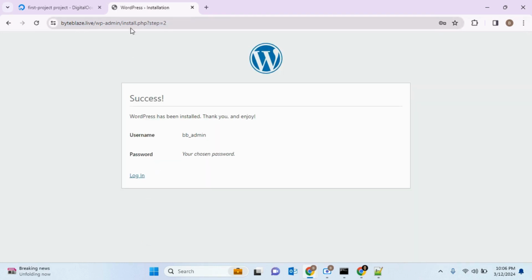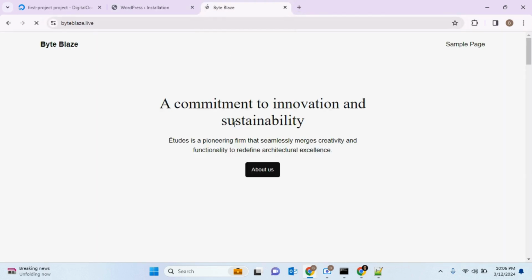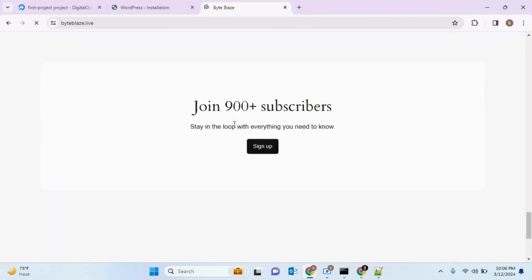So this is done. If I visit this domain byteblaze.live, it will show me the default WordPress